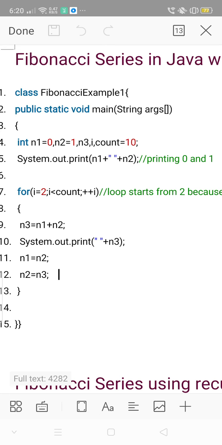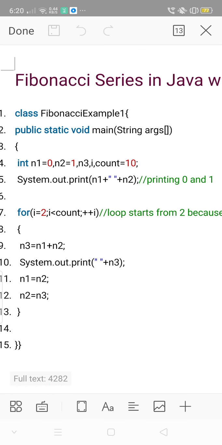We are going to start from the second term. So i is equal to 2, i less than count. What is count? Count is 10. So as long as fewer than 10 numbers are printed, this program will keep on printing the Fibonacci series values. And i plus plus is the increment operator.